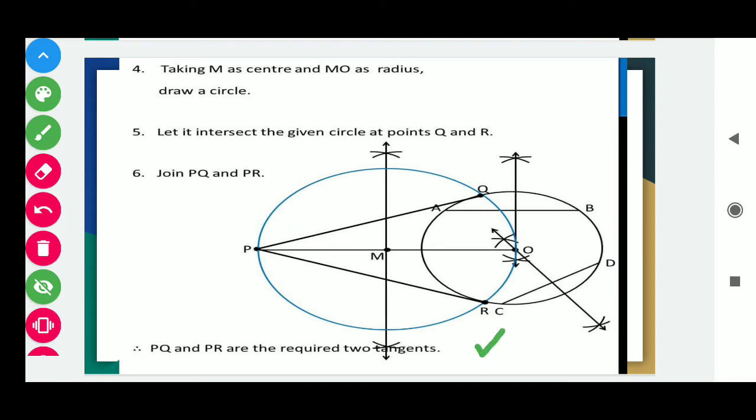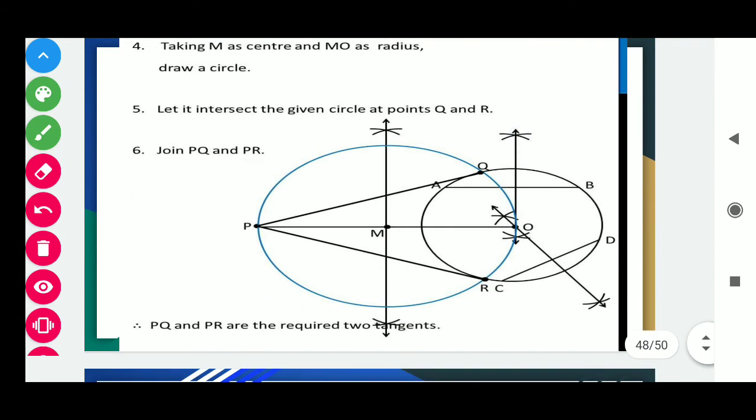So students, this is a very easy question. You can see here, first we have drawn a circle by making the two chords AB and CD, and after that we have made the perpendicular bisectors. These perpendicular bisectors pass through O, that is the center. Okay, this is the intersecting point, and we have taken a point P outside the circle. Now join this OP. After that we have to make tangents from this point P to the circle.